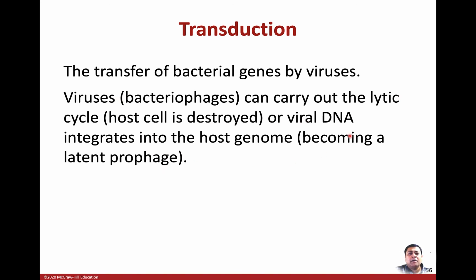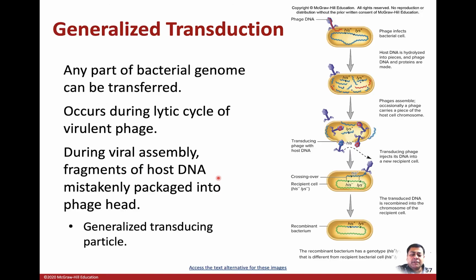So when a DNA is integrated into the host genome as a latent prophage, this is known as a lysogenic cycle. In the lysogenic cycle, the bacteria is not killed immediately, but the lysogenic cycle can be induced into a lytic cycle when the prophage excises itself out into a productive production of the bacteriophages. So let's take a